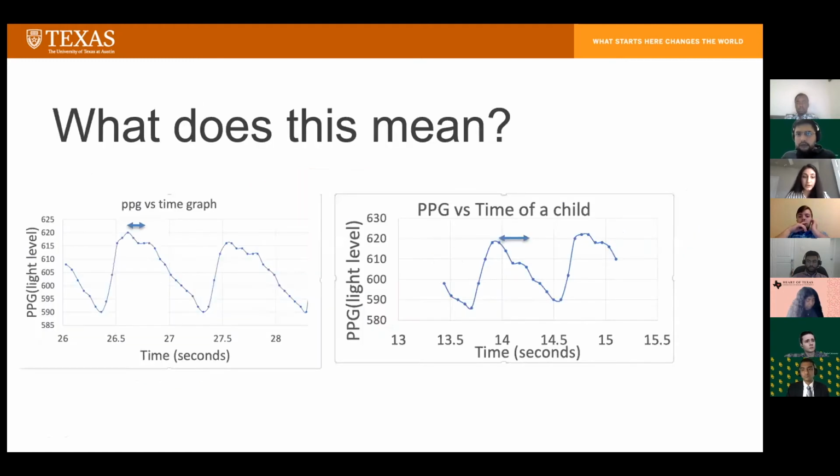So here I provide the examples that we ran on two people. This is the graph of one 40-year-old man, and here it's about a 9-year-old child. We can see that the distance between the systolic peak and diastolic peak is much narrower as the age increases. And here, for the child, the distance between systolic and diastolic is much wider. That's why it can also provide us information about the age and validate that.